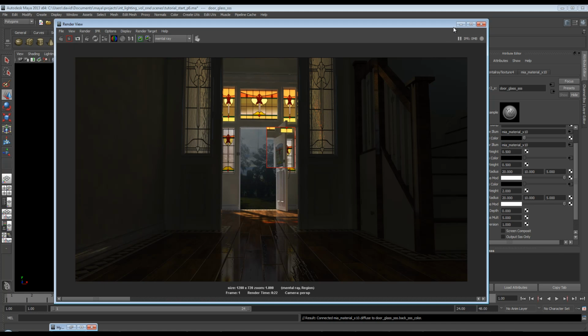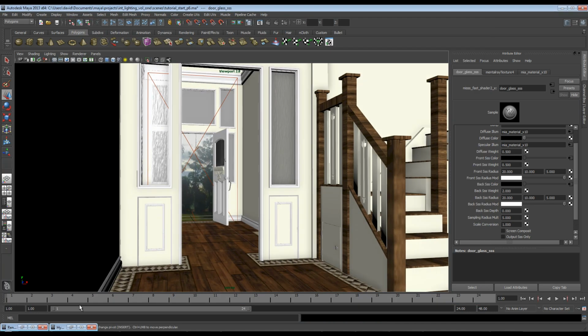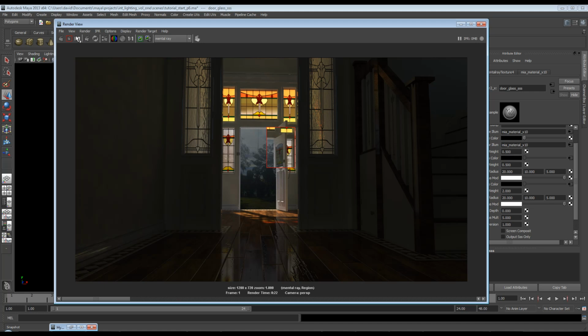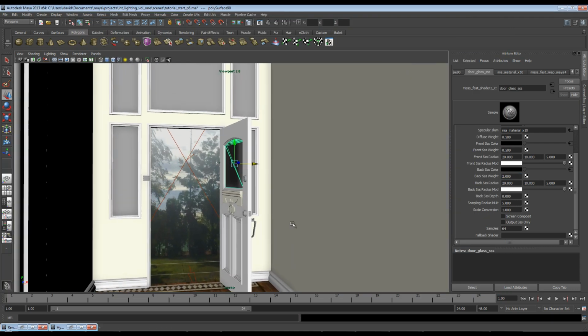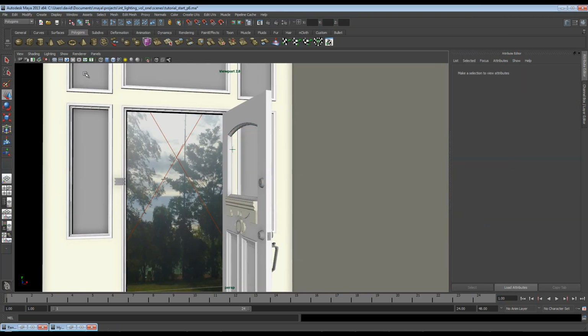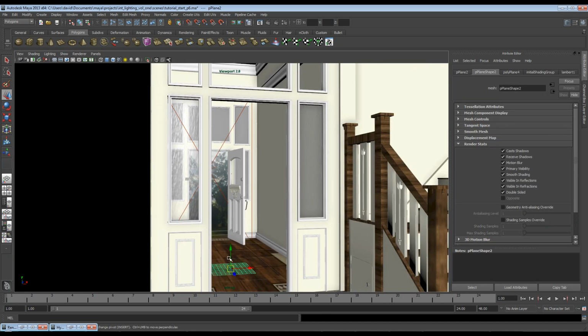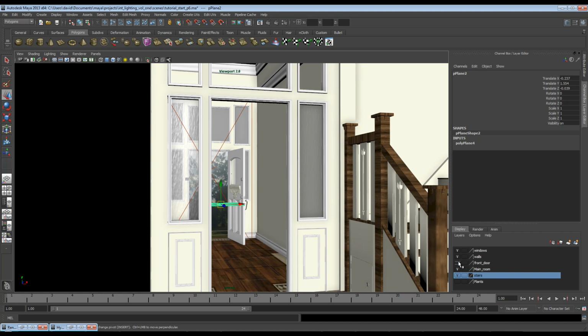So let's get a better angle on this. And render. Okay, and I think what's happened here is we have a slight issue with this geometry in the door. So I'm going to just come in and delete that and just replace it with a polyplane. And the easiest way to do this is to just hide some of this